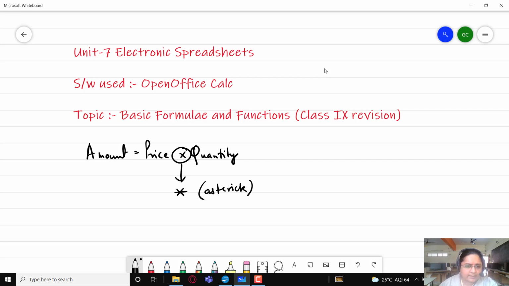This is my general formula for handling any type of operation. In order to use a formula in Excel or Calc, we need to first of all figure out its general formula, and then we will convert this general formula into a spreadsheet formula.